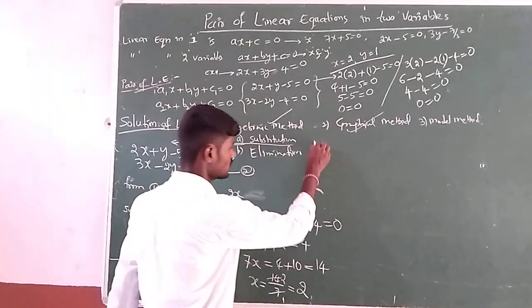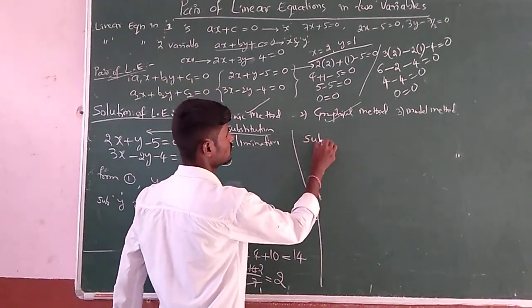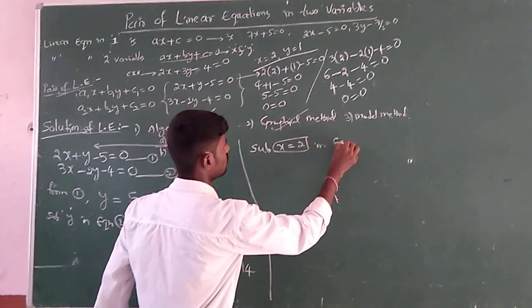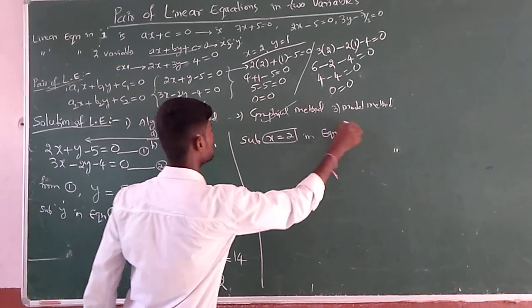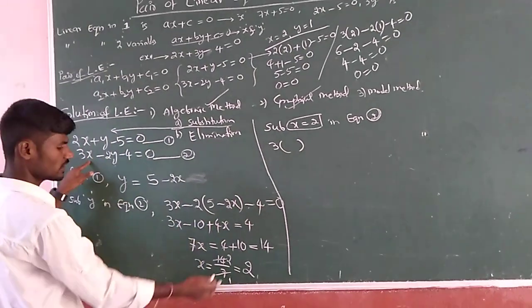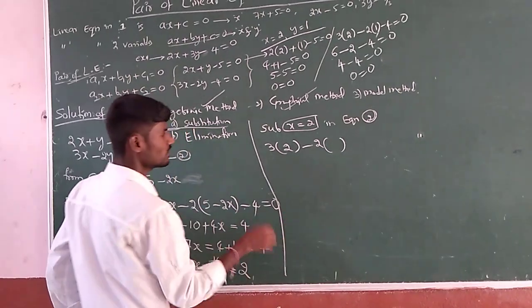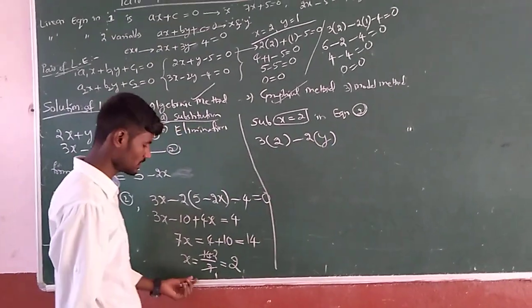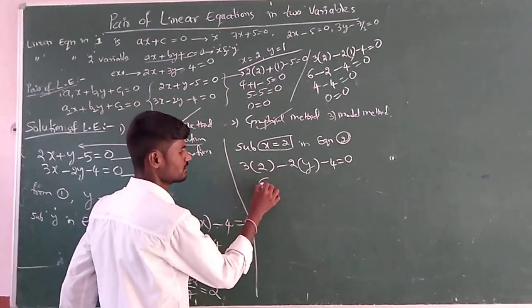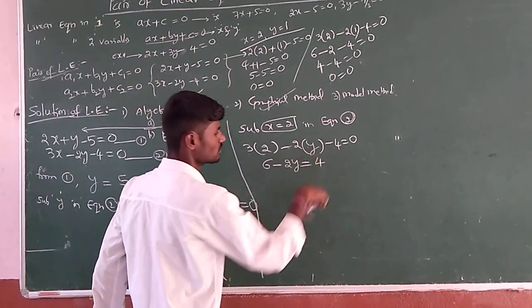Y. If I substitute this x in equation 1, okay? So substitute x equals 2 in equation 1 or 2, your way. Suppose I consider equation 1, no problem. So 3x, what value have we got? 3 into 2, minus 2 into y, we need to find, so keep as it is. Okay? X obtained. Next minus 4 equals 0. 3 2s are 6, minus 2 into y, 2y, minus 4. If I transpose it to the opposite side, equals 4.